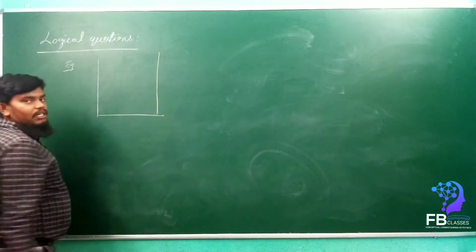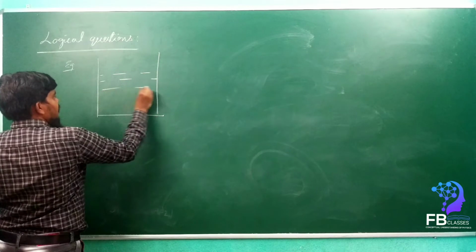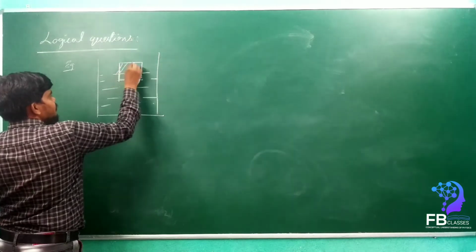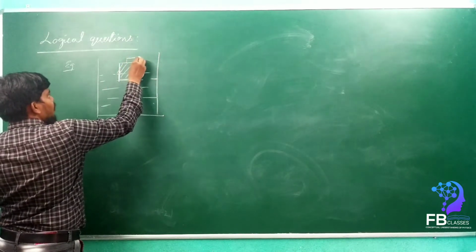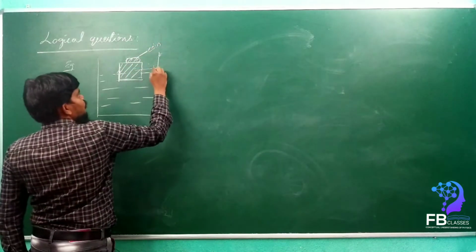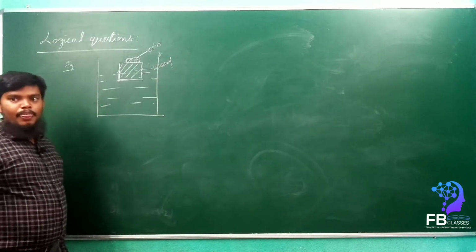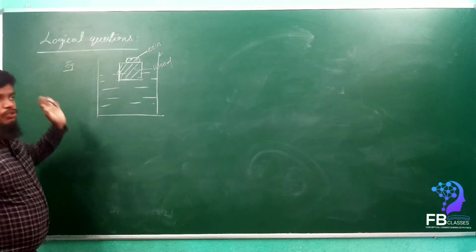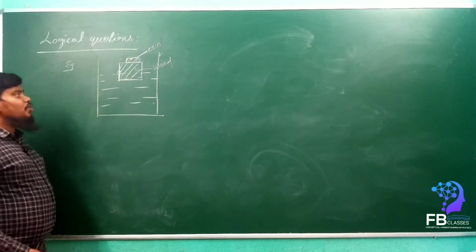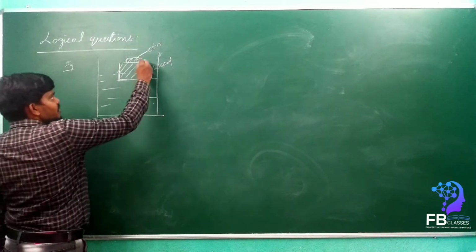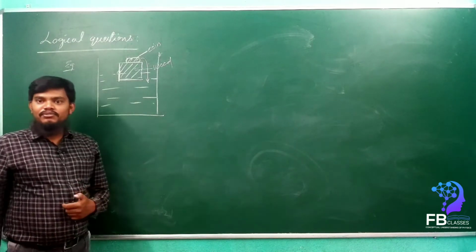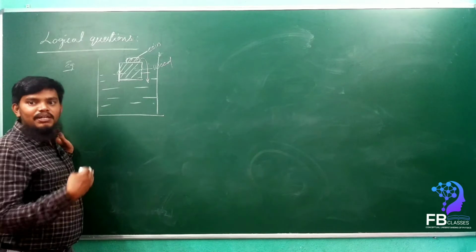Now here there is a water container. There is a wooden block, and this wooden block has a coin on it. This is a coin, this is a wooden block. Now on the wooden block there is a coin. So this total system will float. It is possible, right? Yes or no? Yeah, it floats. So now the question is, once this coin is dropped into the water, comment on the water level.